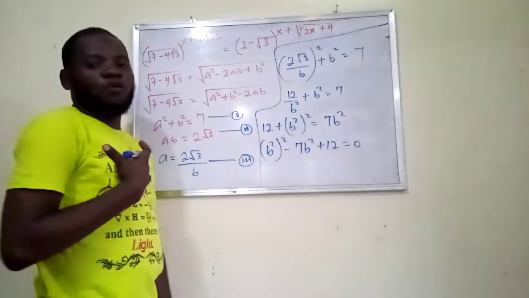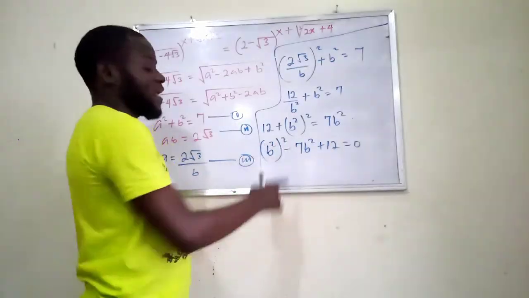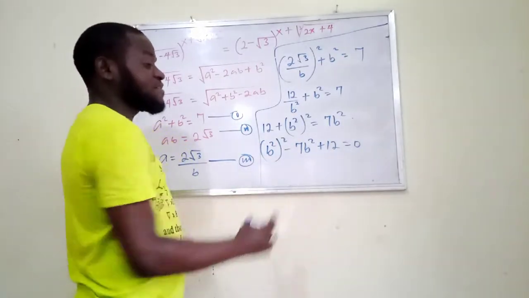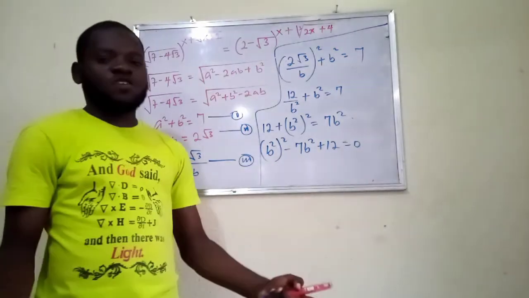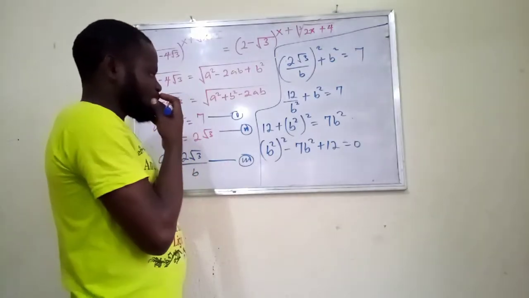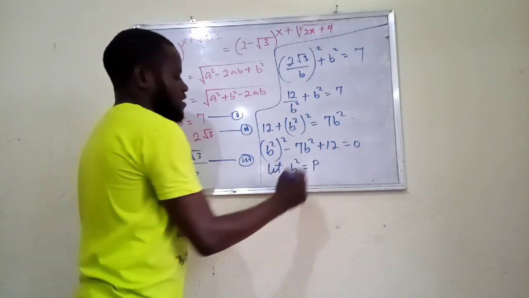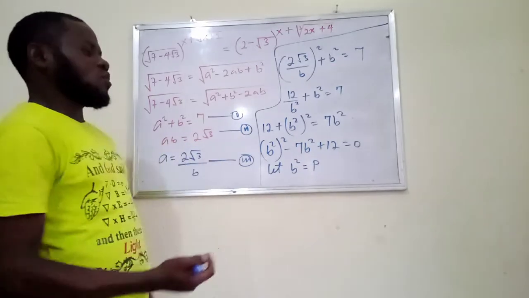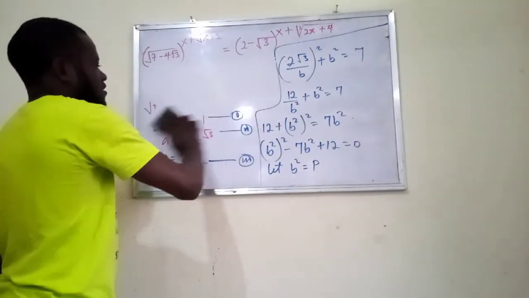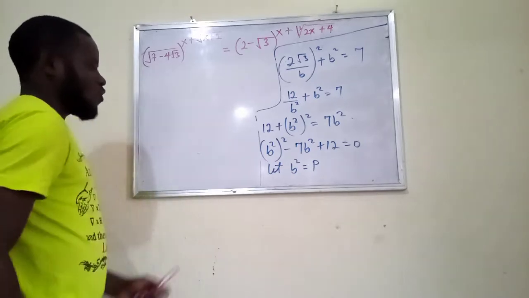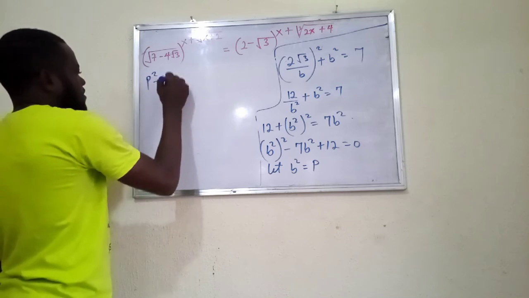Now let's think of something simpler. Instead of solving this equation in its fourth power, because if 2 multiplies 2, it becomes 4, solving this might be a bit difficult, because the only thing that the majority are exposed to is how to solve the cubic equation. Now let's see. What if I said let b square equal p? I think this equation will become simpler to solve compared to when the power is 4. So I will then have p square minus 7p